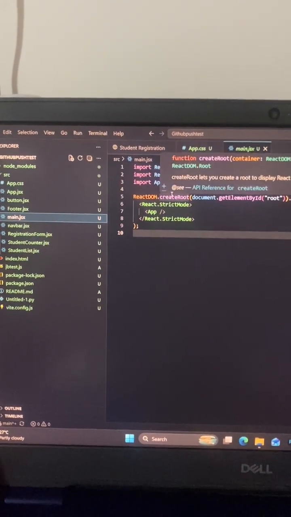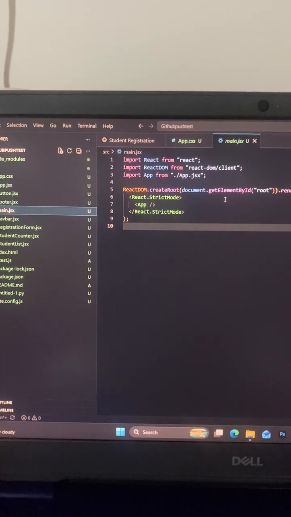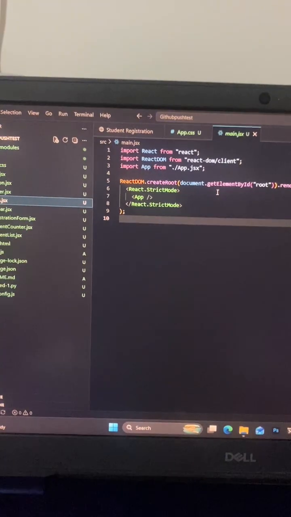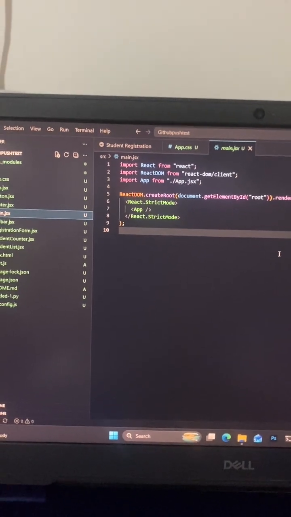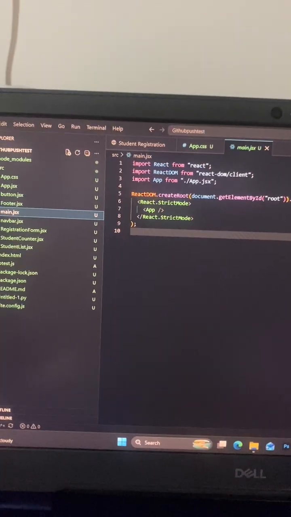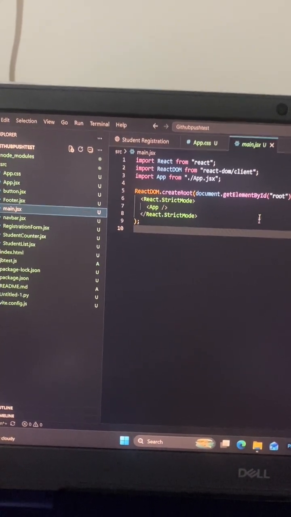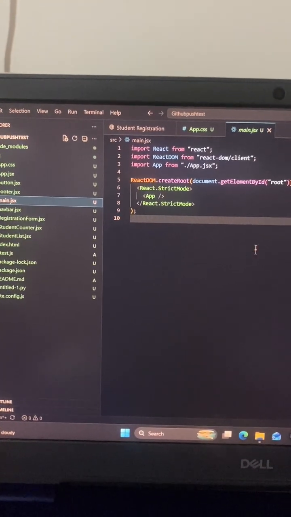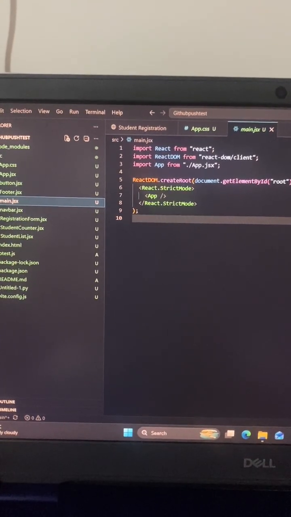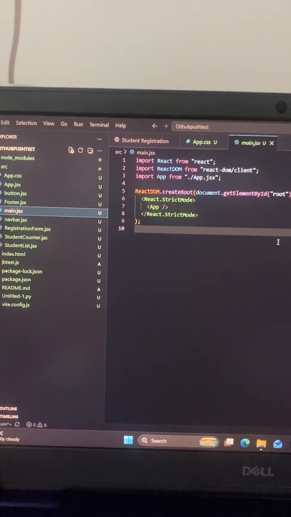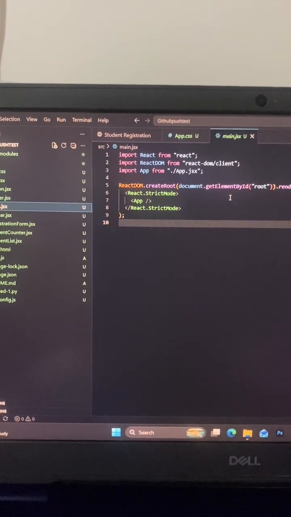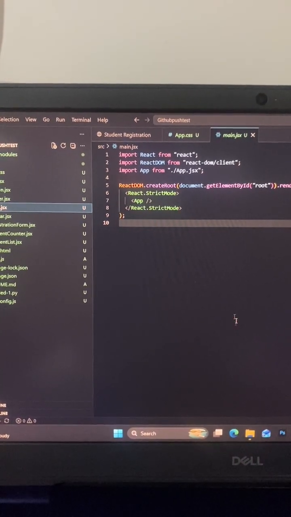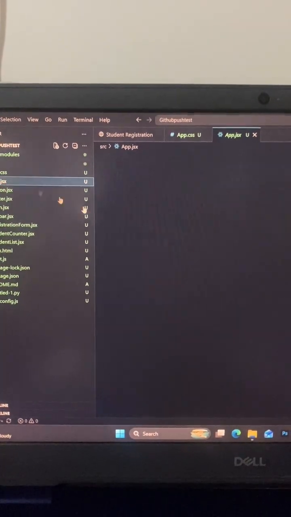All it does is find the empty div with the ID root in the HTML page, and tell React to render the app component inside this page, and that's it. So it's three lines of actual logic, and everything you see on the screen after this comes from the app component. So we're going to proceed with the app.